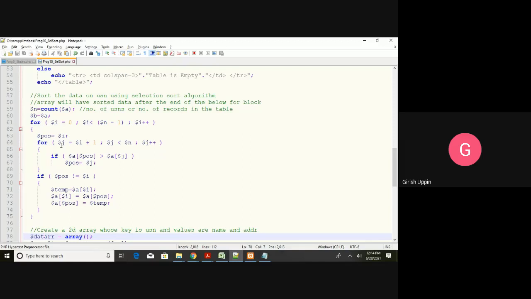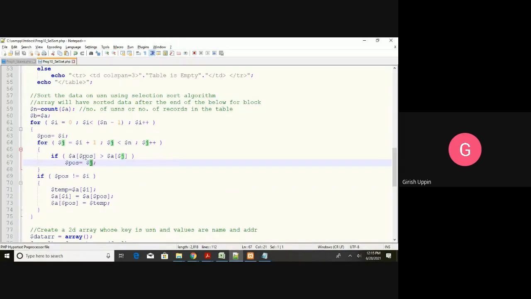Then we are going to check with the next element, that is I plus 1, and until the end. So what is the end? N minus 1. And what we are going to check, if the array at this position 0, that value is greater than the next element. If it is true, then I am going to store the position where there is a maximum value, if this condition is true.